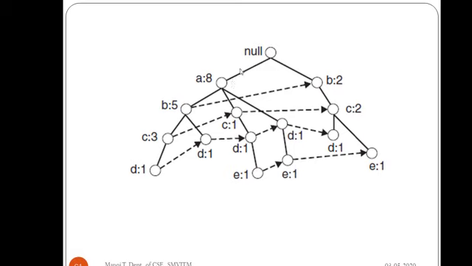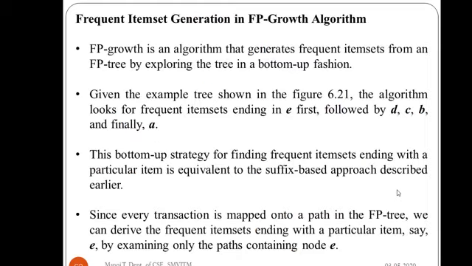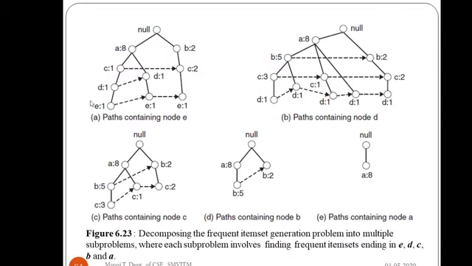So you can see here null, A, C, D, E and this one. That is being depicted over here, the paths containing node E. As of now, don't worry about how exactly to process each path. We will see in detail with an illustration how to do that in the future slides. But this is how you get the paths containing node E.